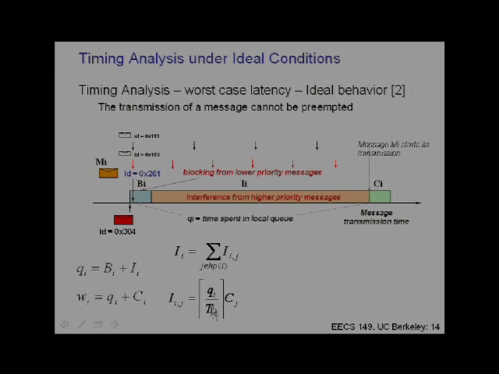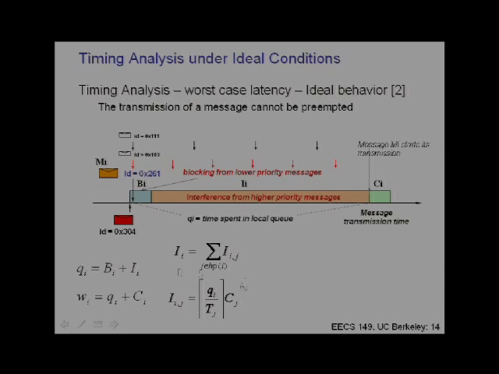And so Qi divided by Tj is the fraction of the queue time which is due to message j. And the fraction of the time times the actual time it takes to transmit message j is the interference time. Okay, so now we can plug this into this formula, and we'll get that Qi, the queue time, is